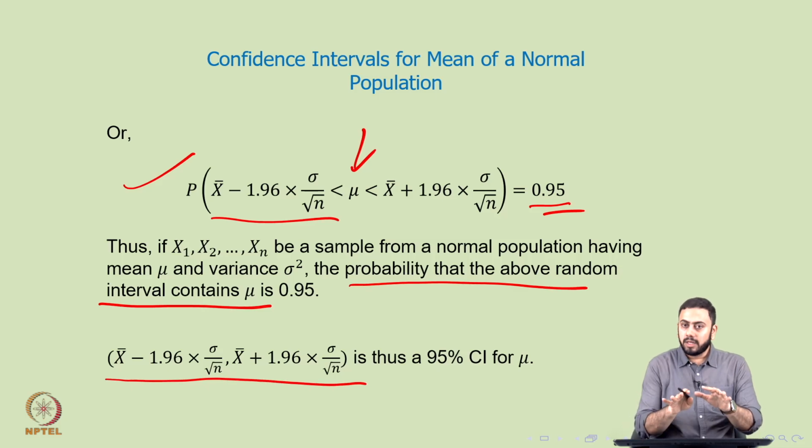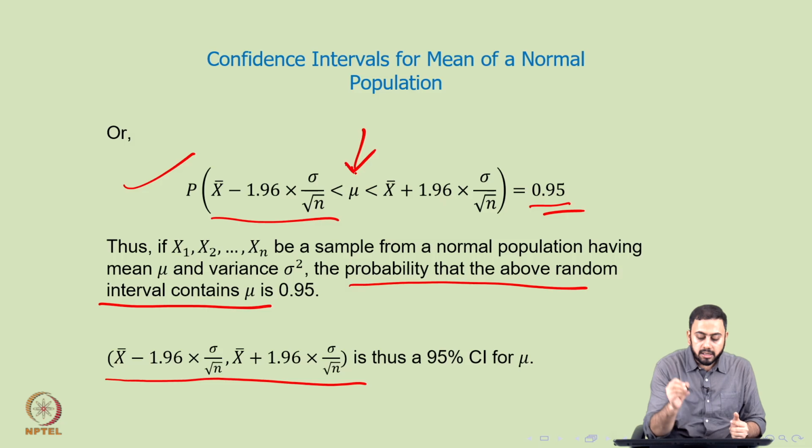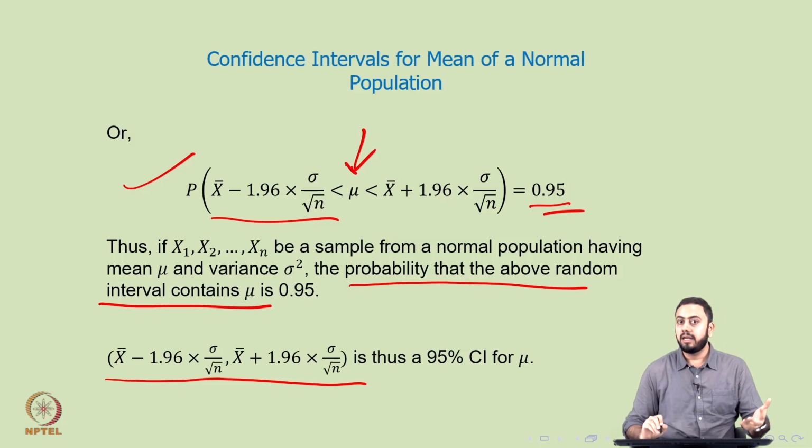Again, I totally understand that you have to go over this example one more time. What is the starting point here? Then from that starting point, how do you adjust the equations? For example, cross multiply by sigma by root n, then subtract x bar, take negative signs, change the signs, and so on and so forth. But finally, you have to ensure that you only have the underlying parameter in question in the middle, so that you can simply pick up the lower endpoint, the lower bound, and the upper endpoint, the upper bound, as a CI.